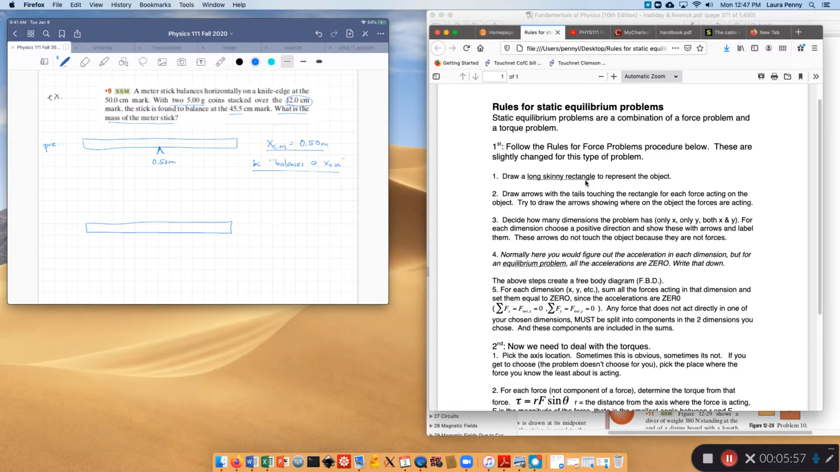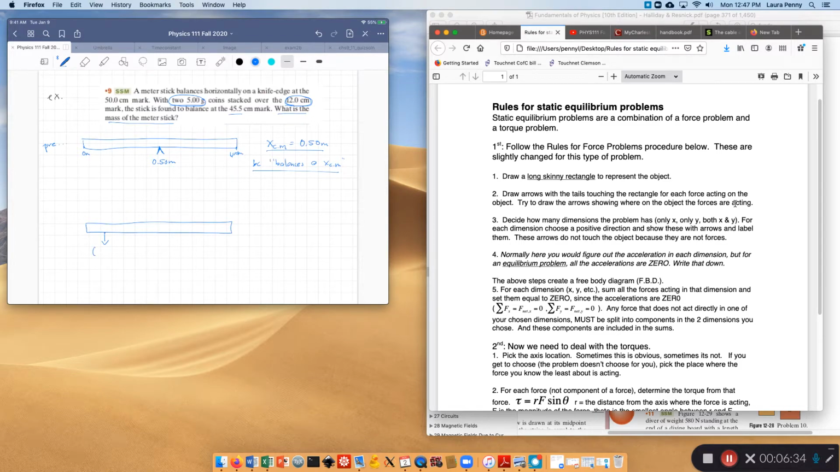Now it says, draw arrows with the tails touching the rectangle for each force acting on the object. Try to draw the arrows showing where on the object the forces are acting. So if I put 2 5-gram coins at the 12 centimeter mark, let's pretend this is the 0 and this is the 100, or 1 meter, and 0 meters as it's shown there. So at the 12 centimeter mark, that means roughly around here,